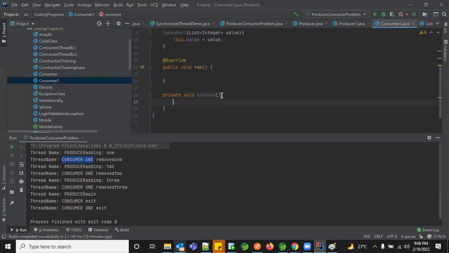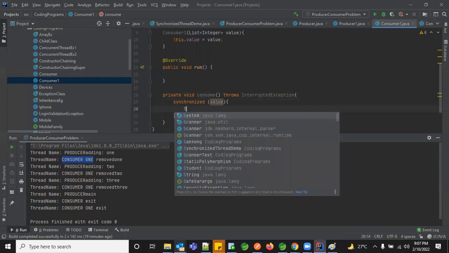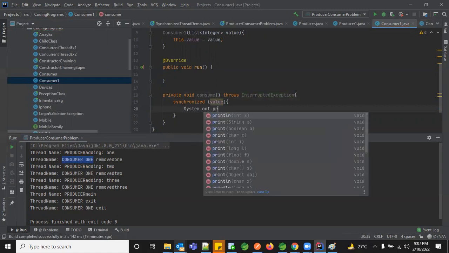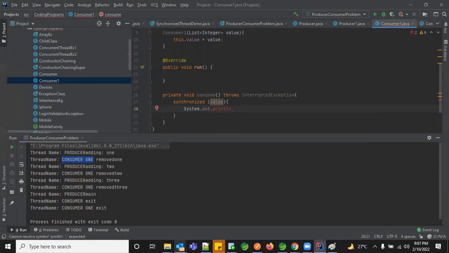Which again throws an interrupted exception. So again, it is a synchronized block. Why are we going with synchronized? To execute first, the producer should execute and then the consumer to get that? No. Since it's a common resource, to have control, we go for synchronized. That is the reason we prefer a synchronized block. Otherwise, we never go for synchronized.